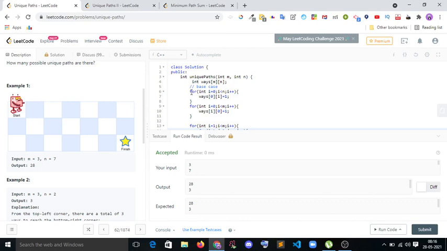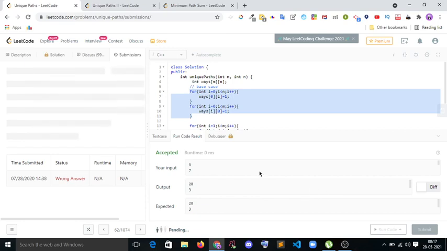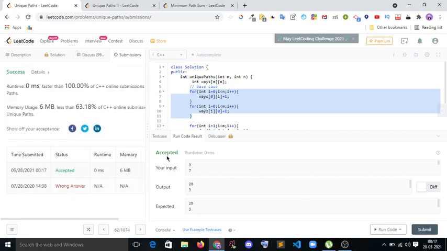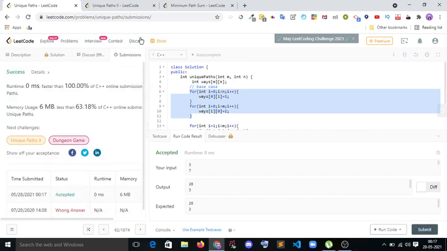So this is our base case. We're making every row 0 and row 1, and every column 1, the first row and first column, and then after that you use the recursive equation that the sum of the diagonal will become the next move. That's it. I will submit it. Okay, it's accepted. Code is accepted.